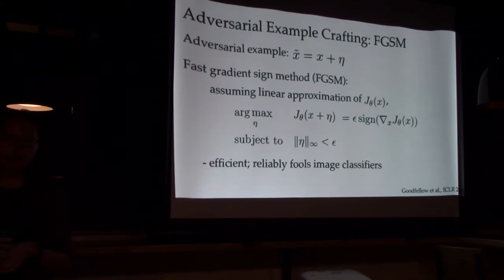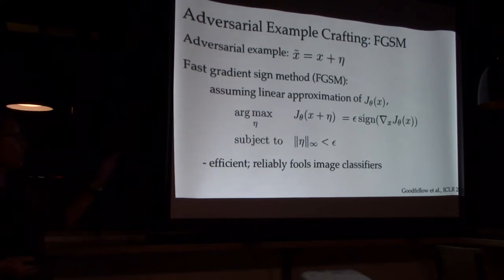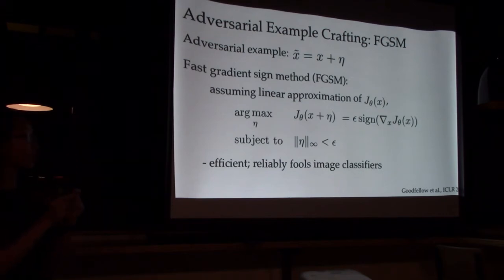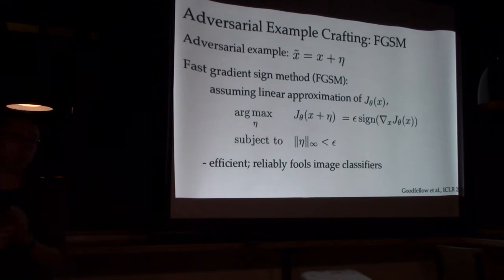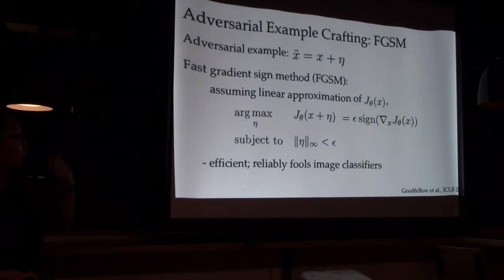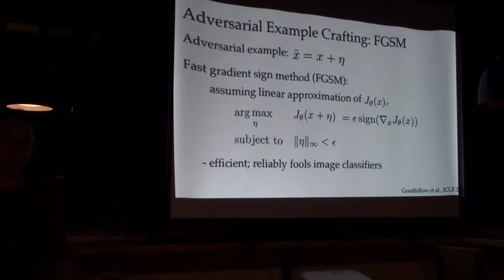And it's one of the most common ways of doing this because it's very simple but also very effective. What this does is you assume this linear approximation for your loss function around your input x, like the school bus image that we saw earlier. And then because you assume this linear approximation, there's a closed form solution for the optimal eta, the optimal perturbation, given that